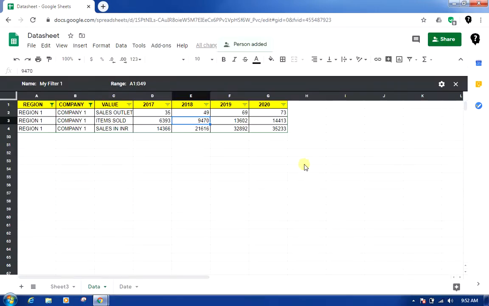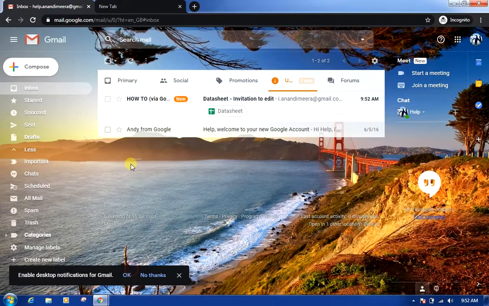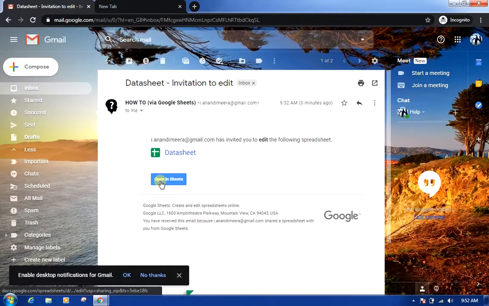By the time the other user gets this data, let me explain. You have created your filter, so it's your filter view, but it is available for all the users as well. That's why the filter names have to be unique and known to you, so that you will work only on your filters. When we share the sheet, we share the entire data, the existing setup, and the existing filters. Let me see if we got the notification. Yes, we got this sharing notification here. Open in Sheets.